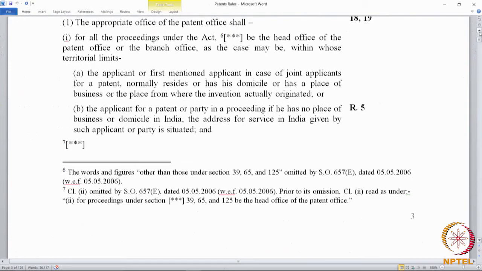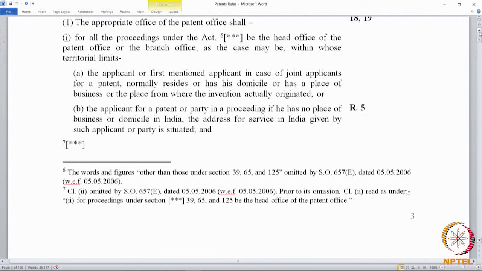4.5 states that all further applications referred to in section 16 of the Act, filed in an office other than the appropriate office of the first mentioned application before the commencement of the Patents Act 2012, shall be transferred to the appropriate office of the first mentioned application, which means the patent office acknowledges that there was a problem. 5 actually acknowledges a problem for which sub-rule 4 is the solution.